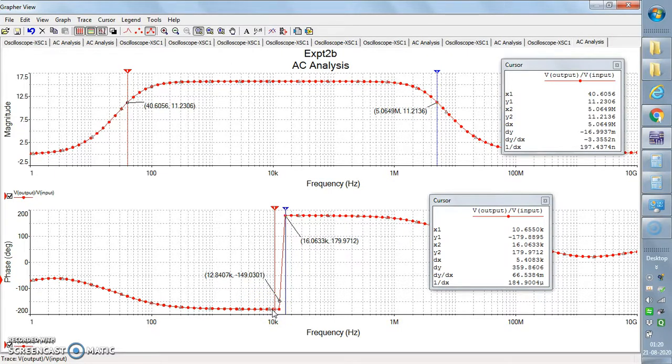Plus or minus, it is okay. So for 10K, I am getting the minus 180 degree phase shift. So this is a phase plot. So if we